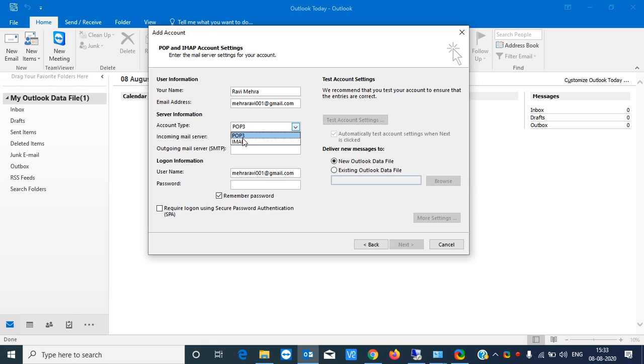If you are choosing POP and configure your account in Outlook, then the main mail will be downloaded, and once you read that message, it will be deleted from the server, because you will not get a copy of that mail again in a different client.